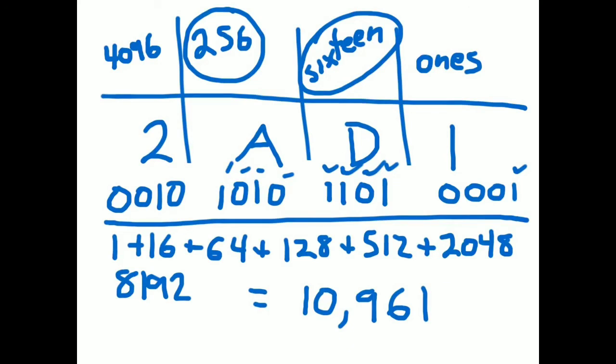So you see it works in the exact same way, but I would argue that it's easier to do that in hexadecimal because you really only have to add 4 numbers together rather than potentially a dozen numbers. Okay, so